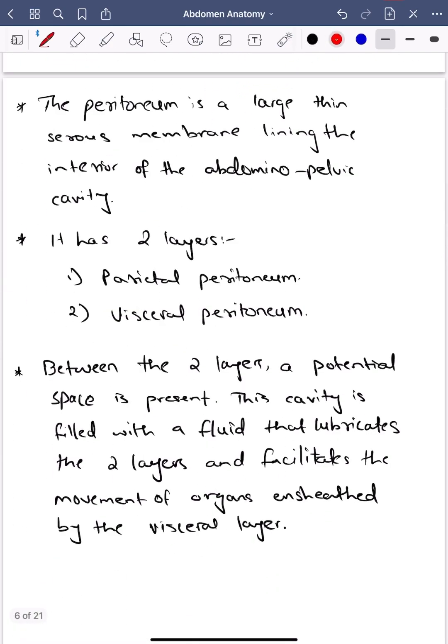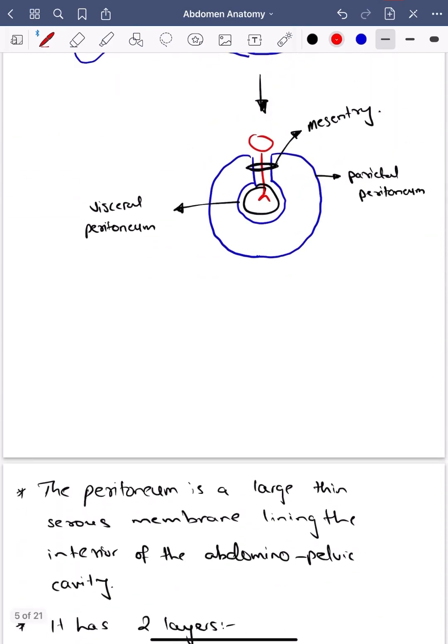So we have the peritoneum, a large thin serous membrane lining the interior of the abdominopelvic cavity. It has two layers, as we've discussed, the parietal and the visceral peritoneum. And the next point that I will mention is that between the two layers a potential space is present, that is this space,